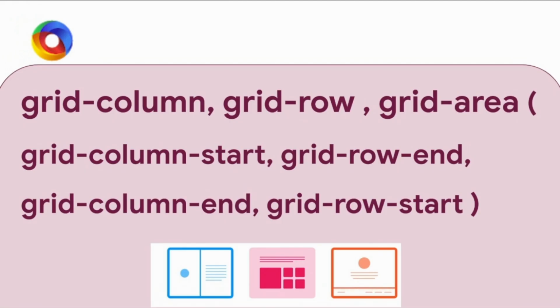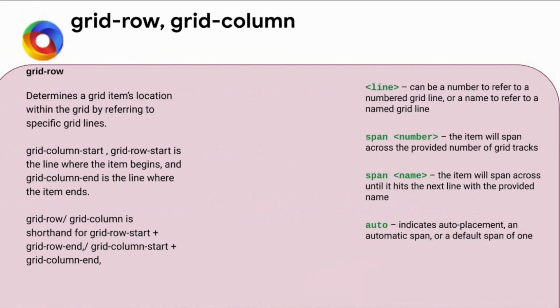Okay, so moving to the creation of items. How can you create items inside a grid and assign them to a particular grid cell or a group of cells? Suppose I have to create an item. What parameters are needed in the grid? Firstly, where its row is starting, where its row is ending, where its column is starting, and where its column is ending. Those four properties are definitely needed to place an item in a grid. So how can we do it? Either we can